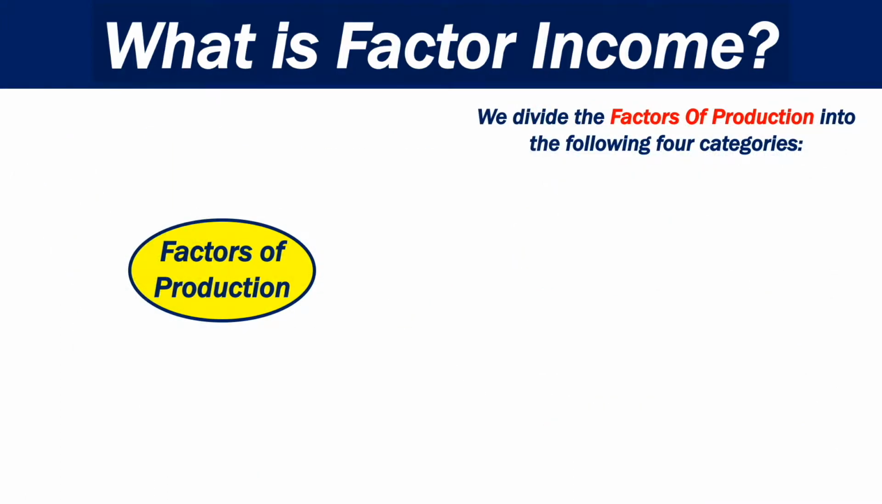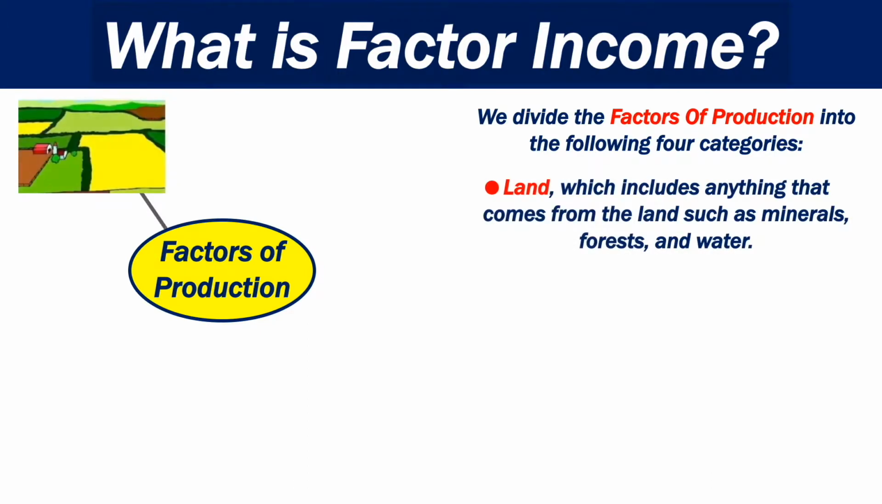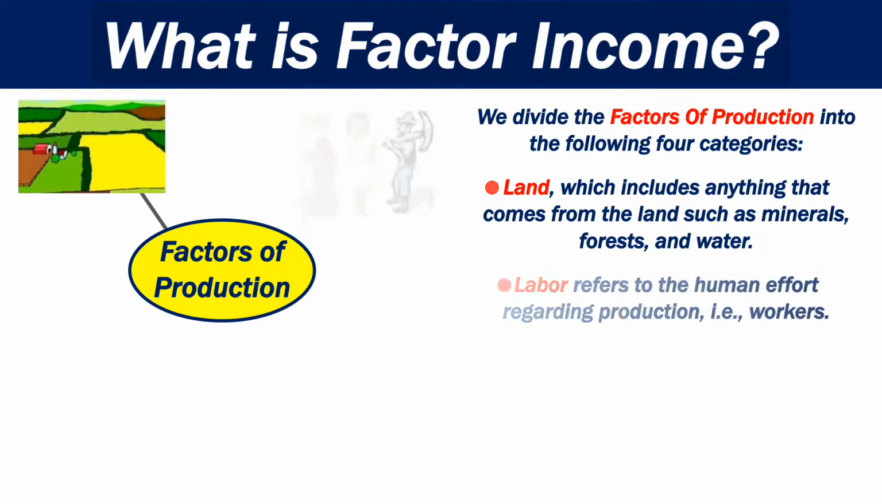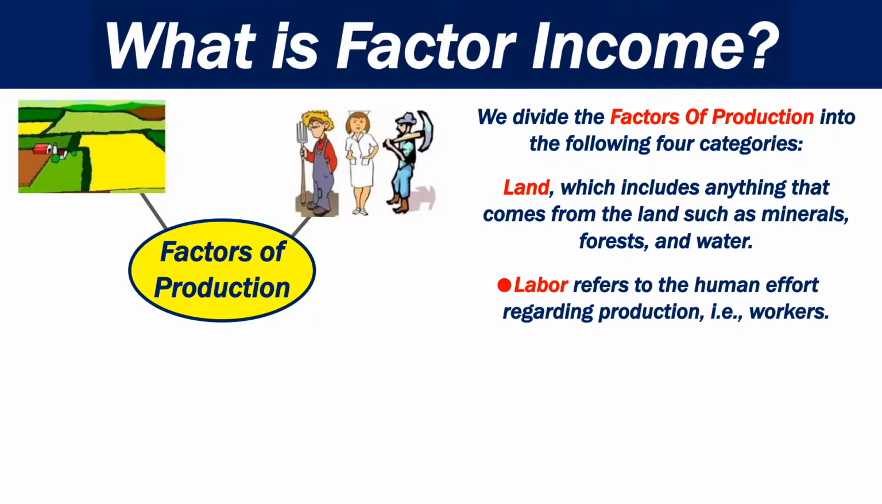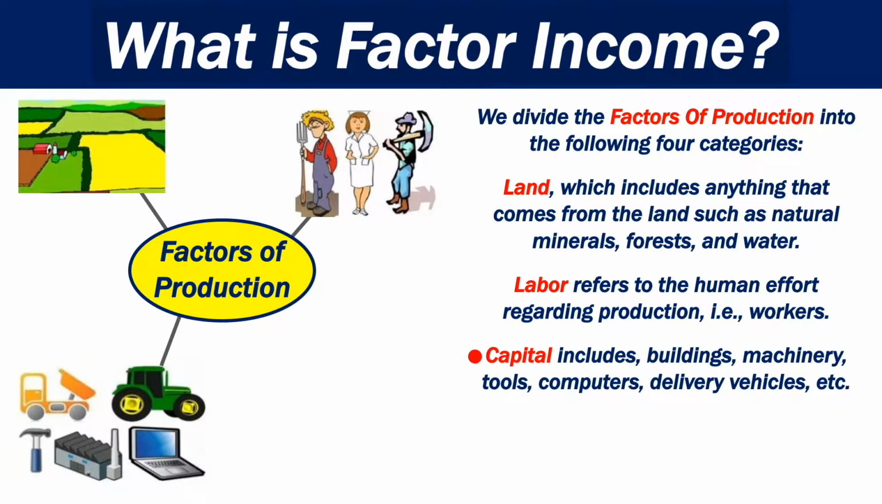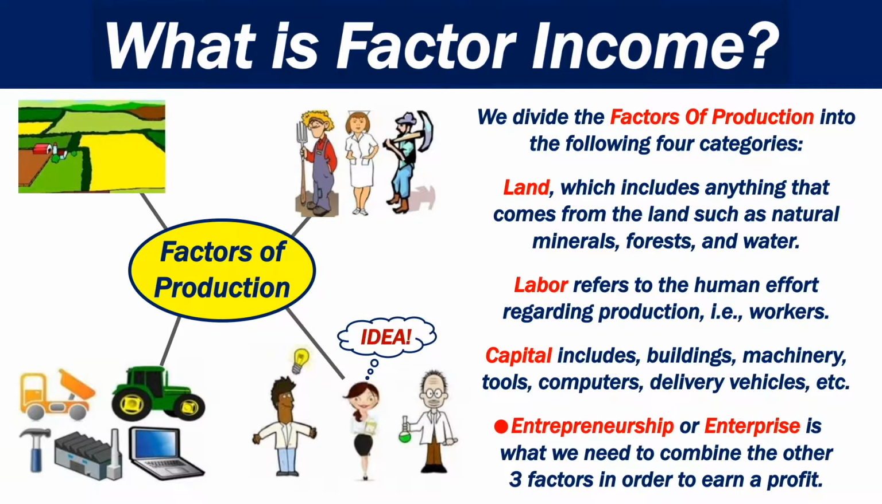We divide the factors of production into the following four categories. Land, which includes anything that comes from the land, such as minerals, forests, and water. Labor, which refers to the human effort regarding production, that is, workers. Capital, which includes buildings, machinery, etc. And entrepreneurship, or enterprise, which is what we need to combine with the other three factors in order to earn